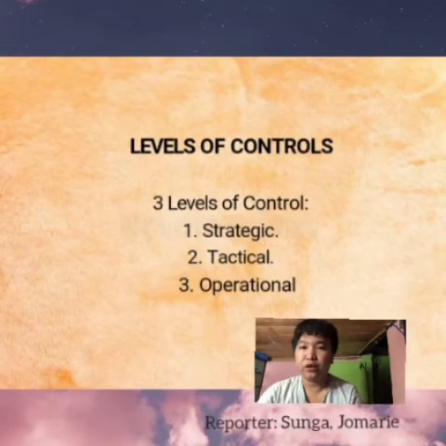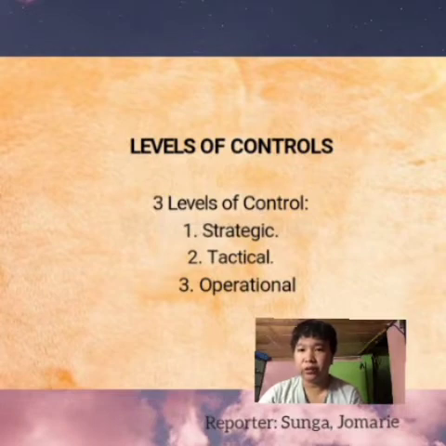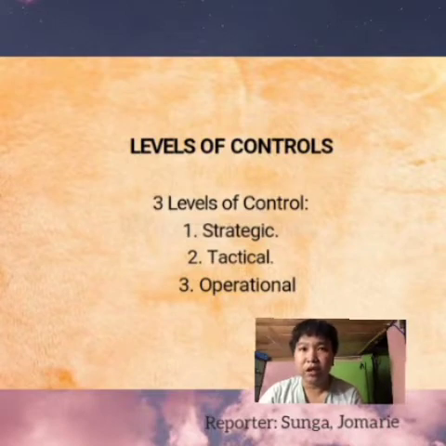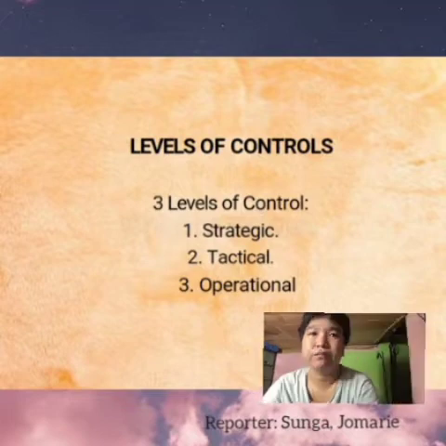The 3 levels of control. Number 1, strategic control. Managers want to know if the company is headed in the right direction and if current company trends and changes are keeping them on the right path. Answer. Strategic controls may involve the reassessment of a strategy due to an immediate and unforeseen event. For example, if the company's main product is becoming obsolete, the company must immediately reassess its strategy.